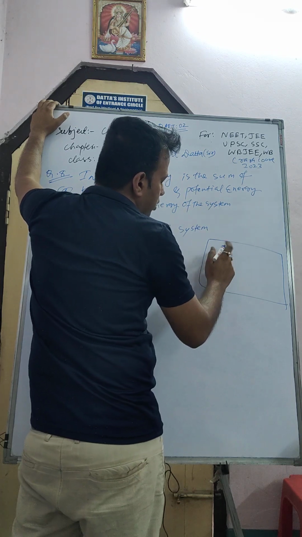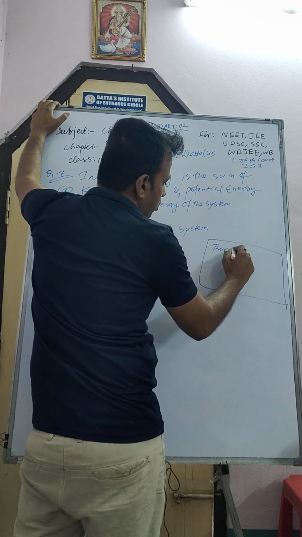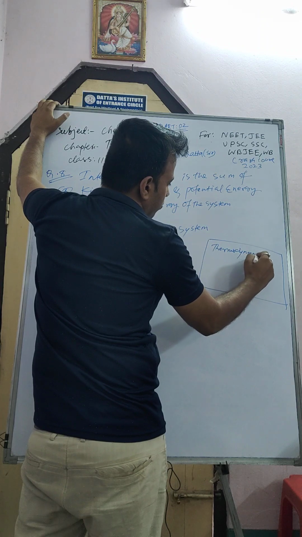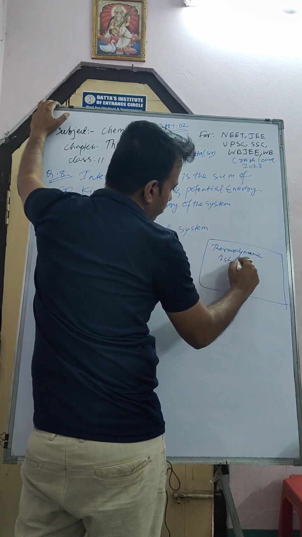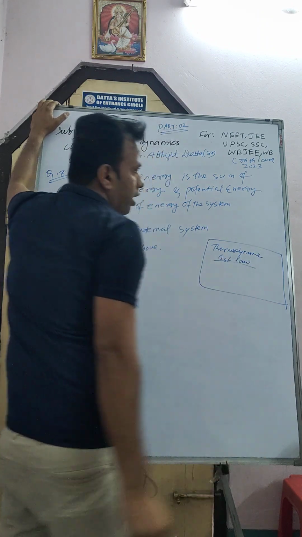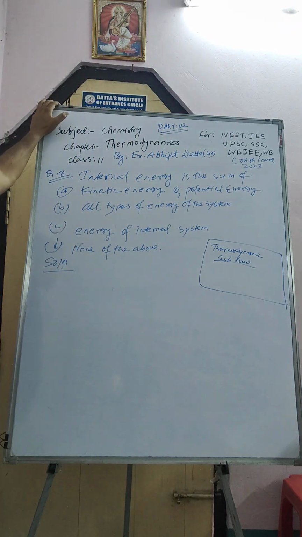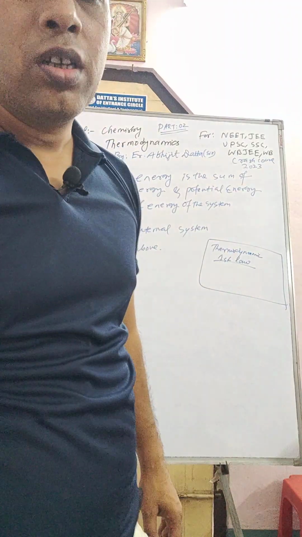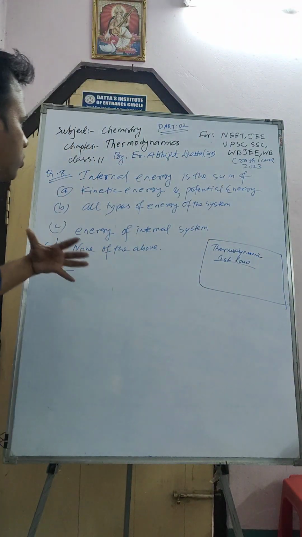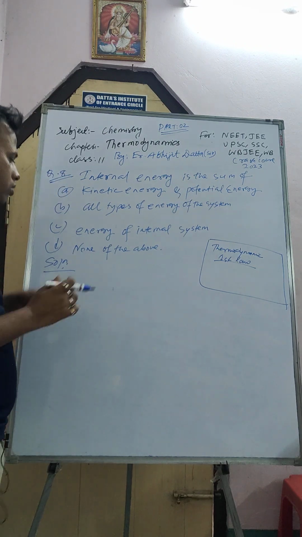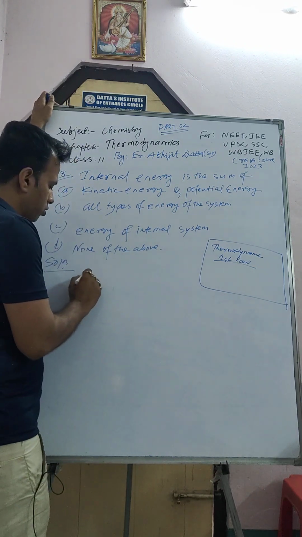Internal energy, that is thermodynamics first law. We got internal energy is there, that is dQ equal dU plus P dV. Okay, so for that we have to know the definition of internal energy. So definition of internal energy is what? So internal energy